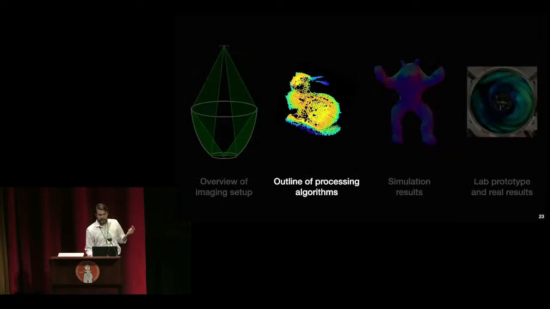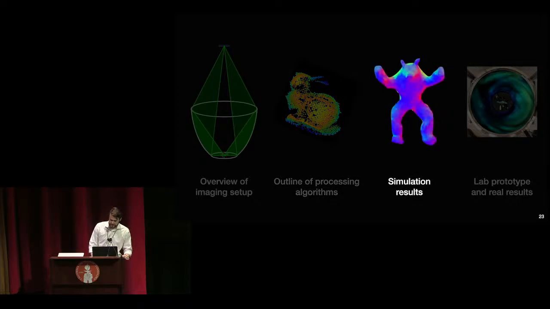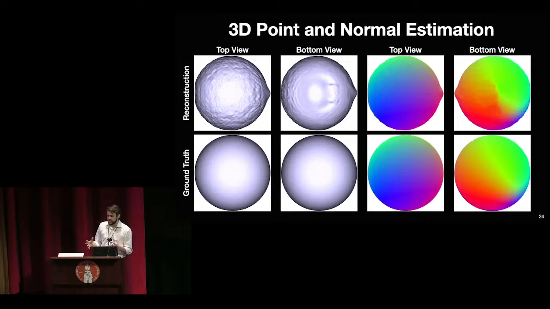So at this point, we're actually able to directly estimate both a point cloud using a volumetric sweep, as well as a surface normal for every single point in this point cloud. So let's look at some of our results. First, for a sphere,